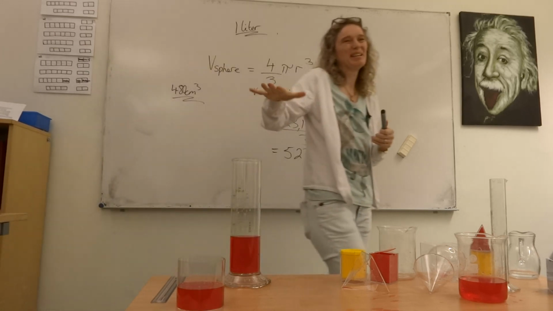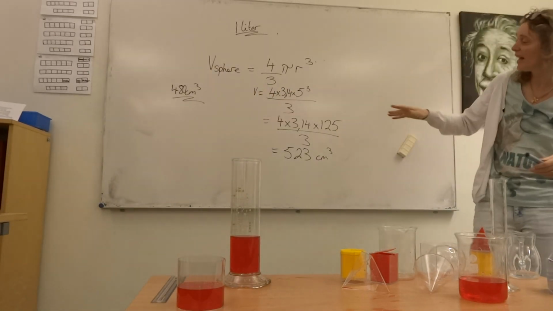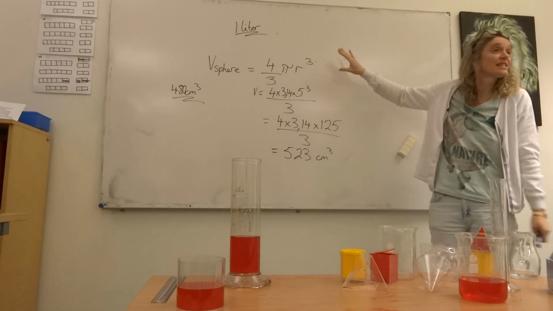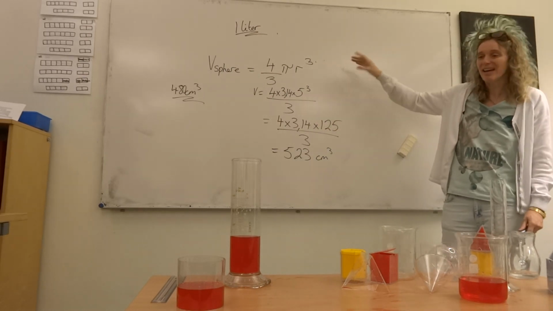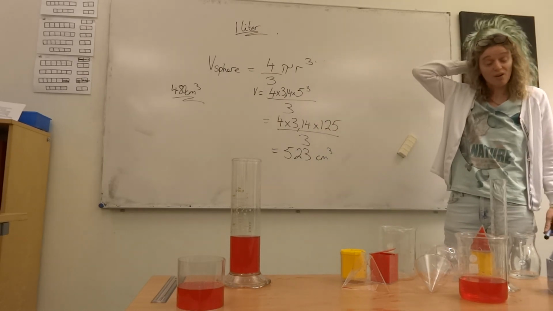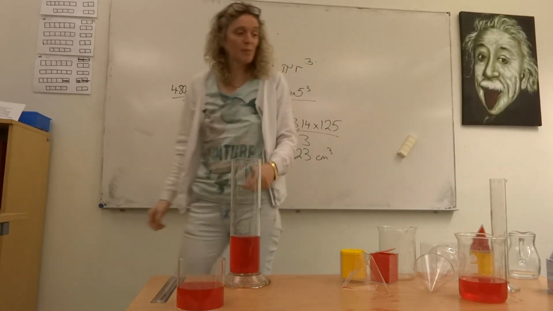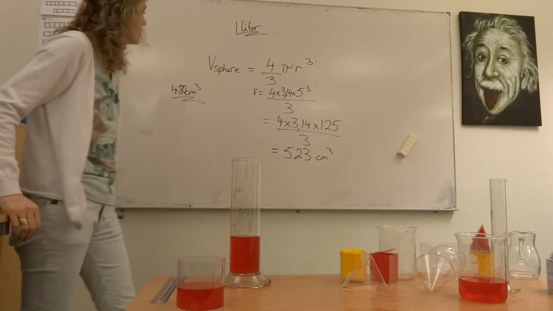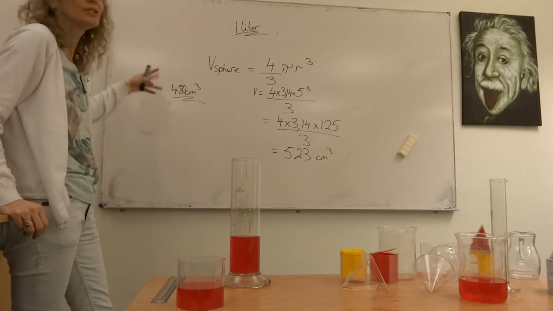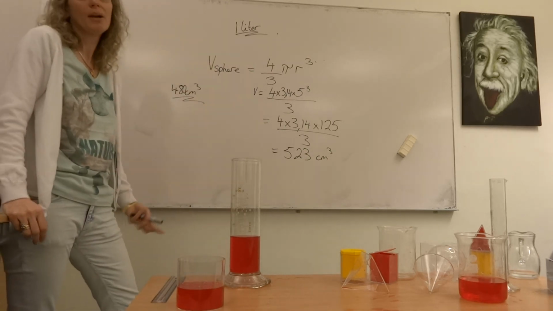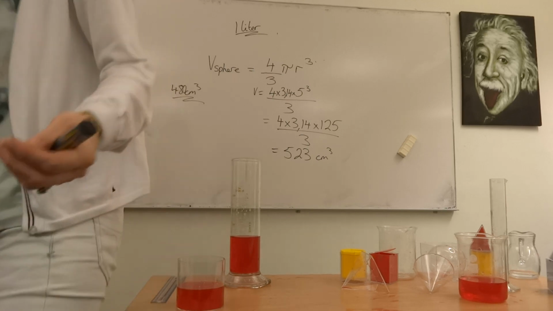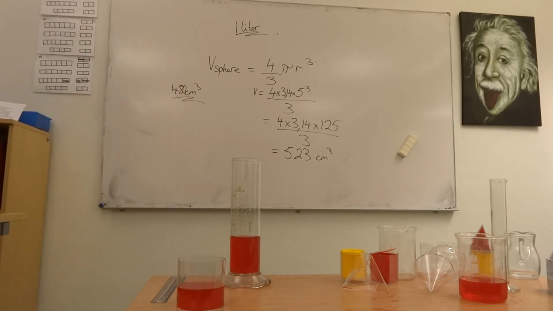But, I mean, a little bit of spillage, not quite perfect, but yeah, okay. This is the formula for the volume of a sphere. I would have expected it to be a little bit closer. I thought we filled it up pretty well. Could be that this measuring cylinder isn't as accurate as it should be. But yeah, so play with liquids and volumes and surface areas. And think when you're talking surface areas, you're just thinking about